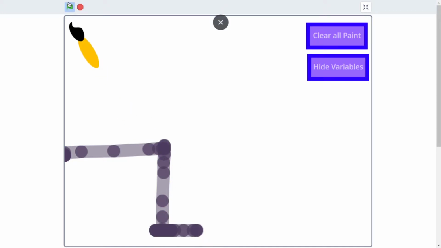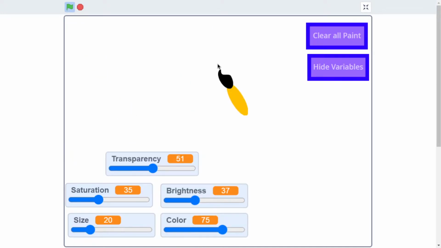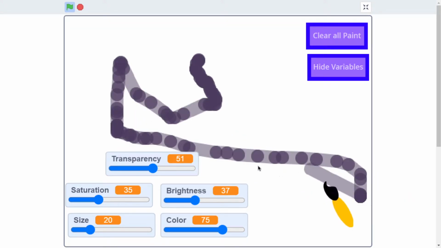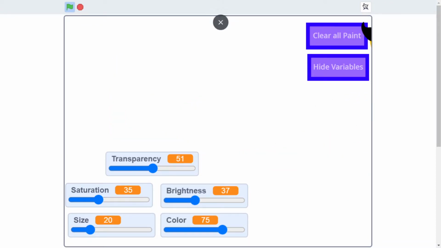Now over here, this is very simple. This is just for very beginners. It is very friendly, and as you can see, the more pressure you apply, the more dots it makes. So over here now